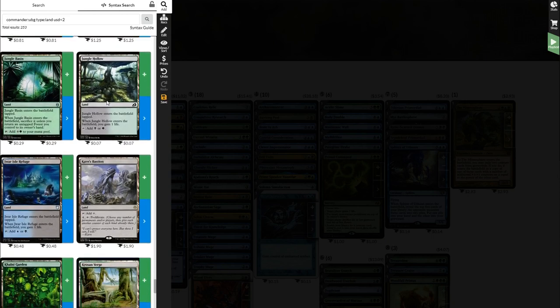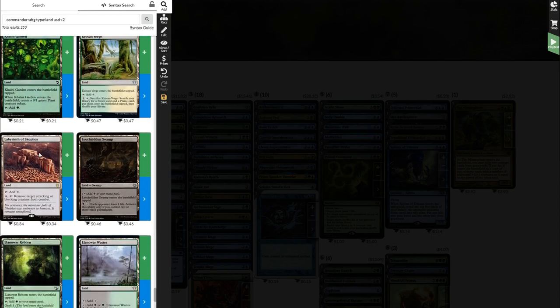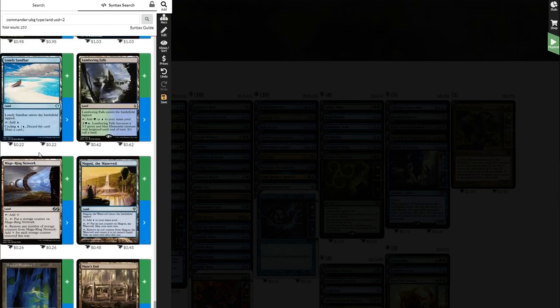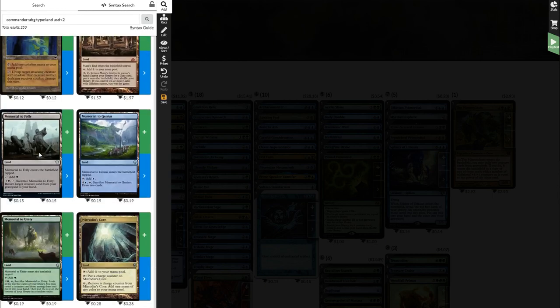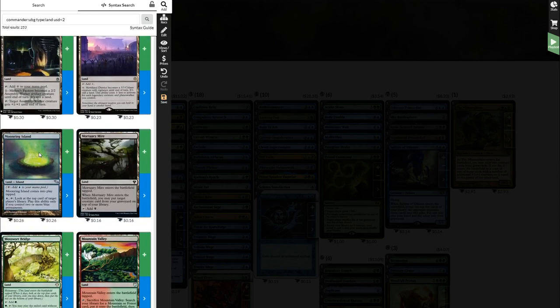Yeah, and these pay 1, gain 1 life when it comes into play lands, a lot of those are in the EDH precons. I don't get that at all. I don't understand it. This is probably too many lands. This is probably showing me...